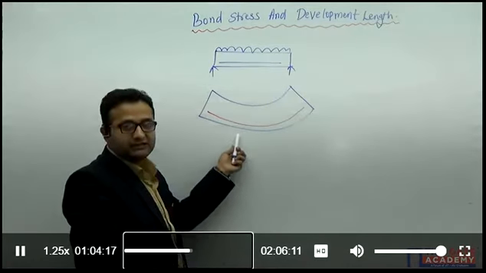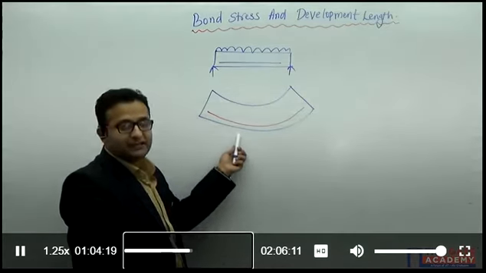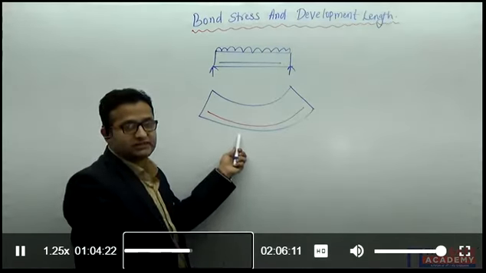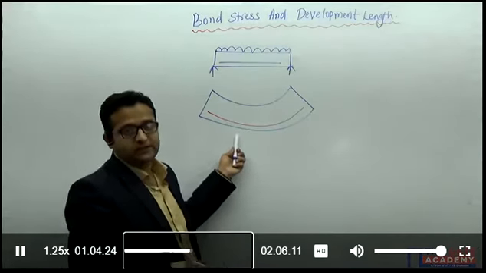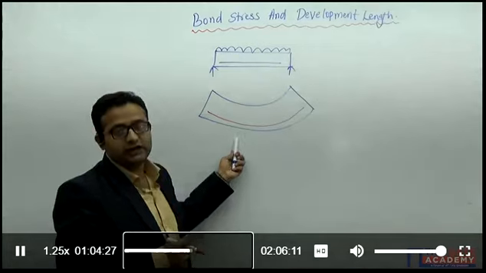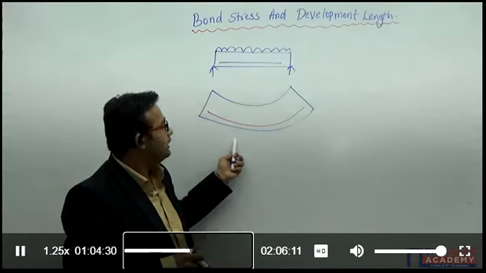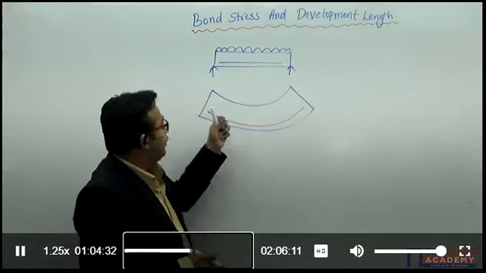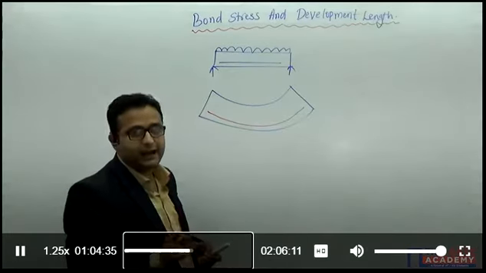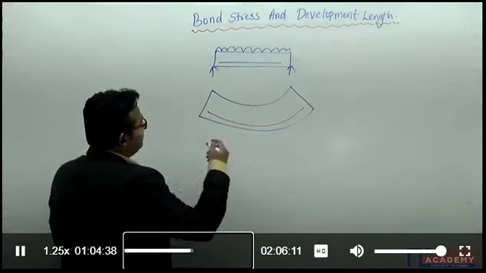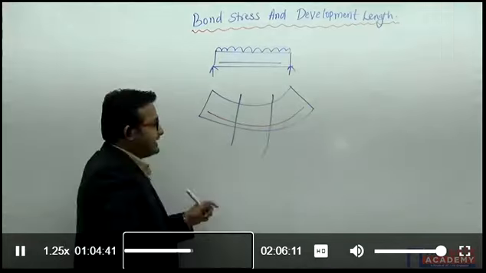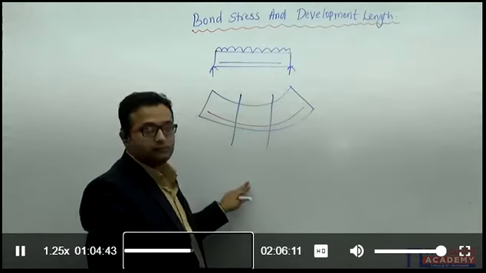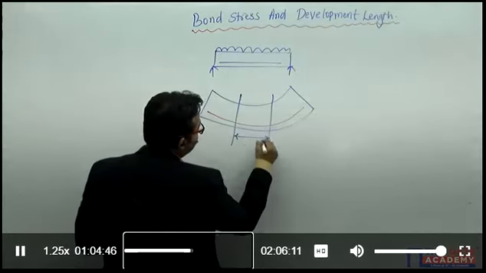Below the neutral axis, I am considering my concrete to be cracked. As per the cracked section theory, all the tensile stresses will be taken by steel only. The tensile strength of the concrete below the neutral axis will be ignored. So all the tensile stresses are taken by steel only. Suppose I am taking one section in the beam, with distance dx.